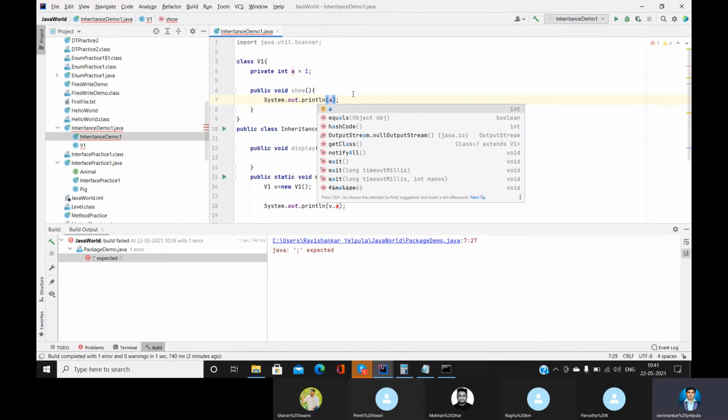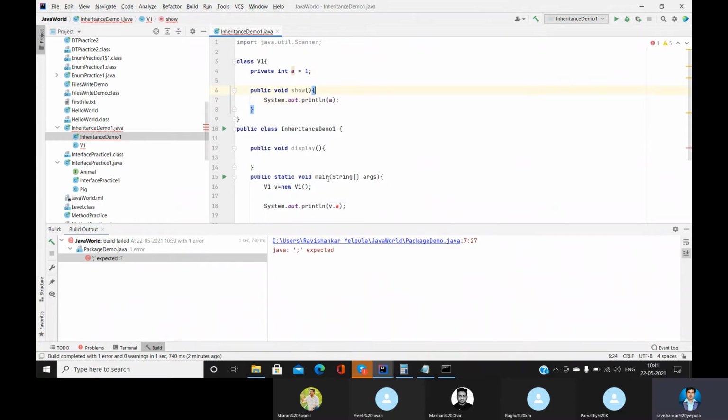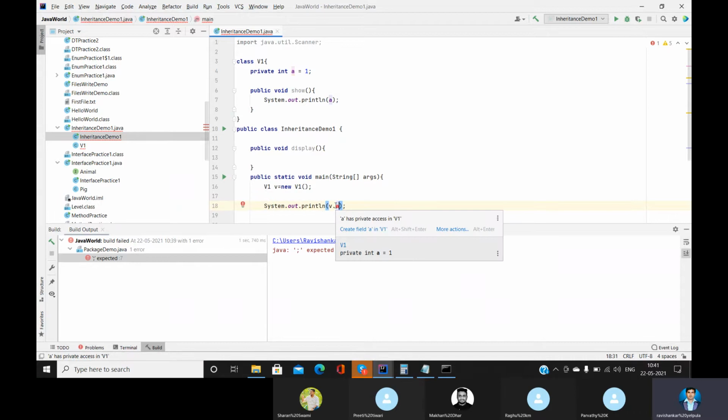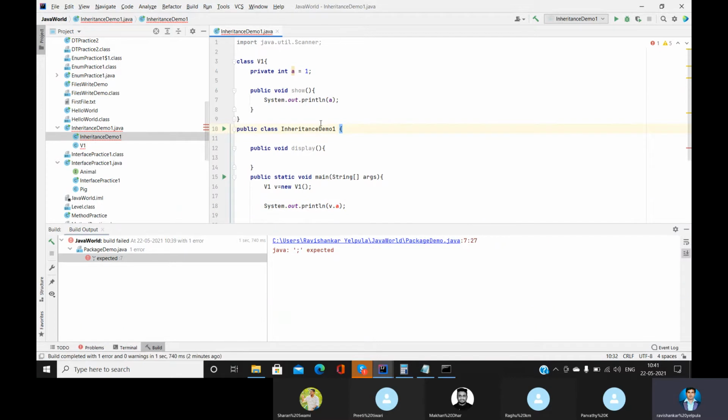Within the class you can use this, but outside the class you can't. When I hover over this a, it shows that a has private access in V1, so we can't access that outside. So how do we access this in this case? Rather than accessing the variable directly, we can access the variable from the method. So I'll just call that method.